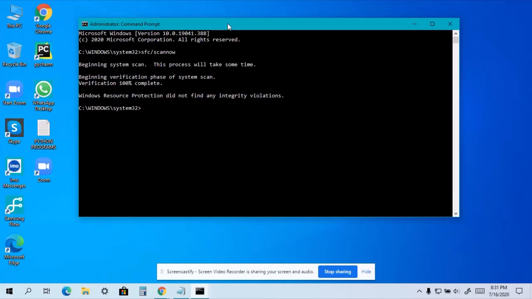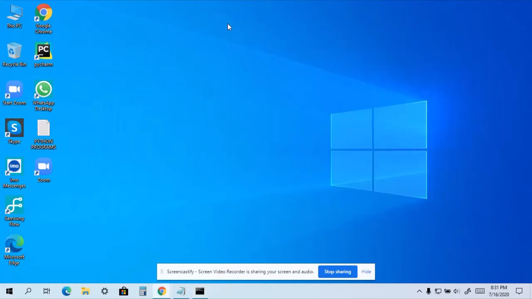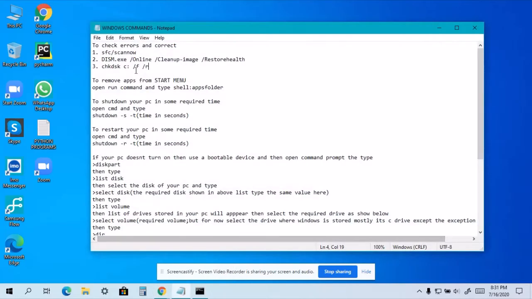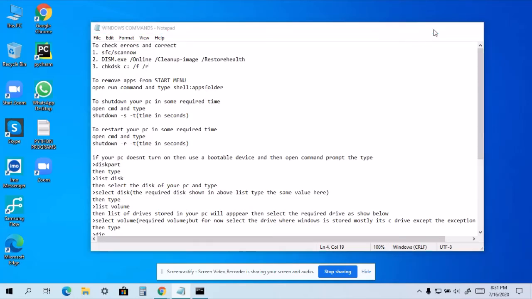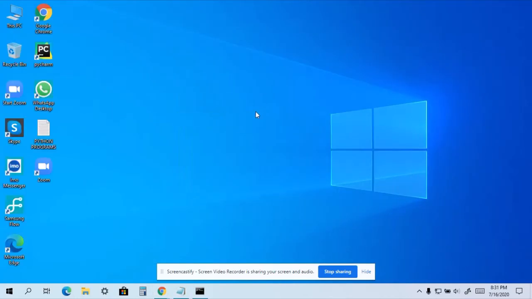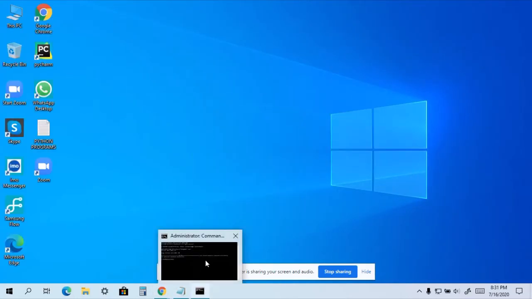It will be corrected by this command. And if this command still doesn't work, I have shown you the last command, the chkdsk command. Once you restart your computer, this command will start. At that time, 100% of your errors in your PC will be fixed.